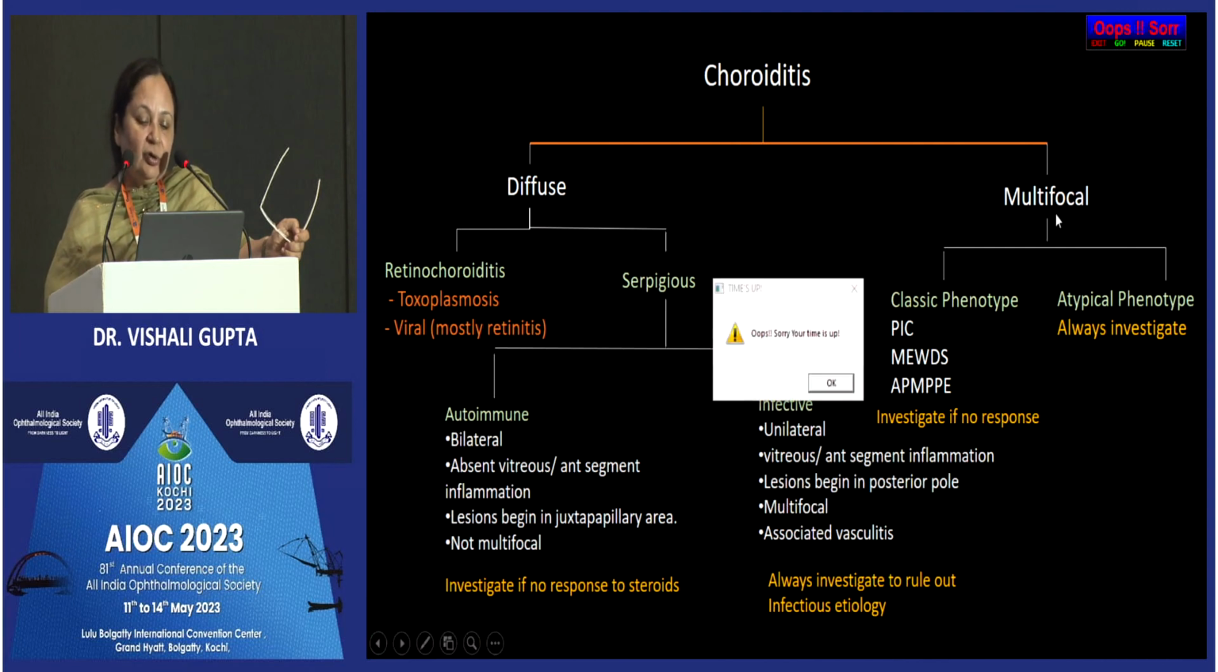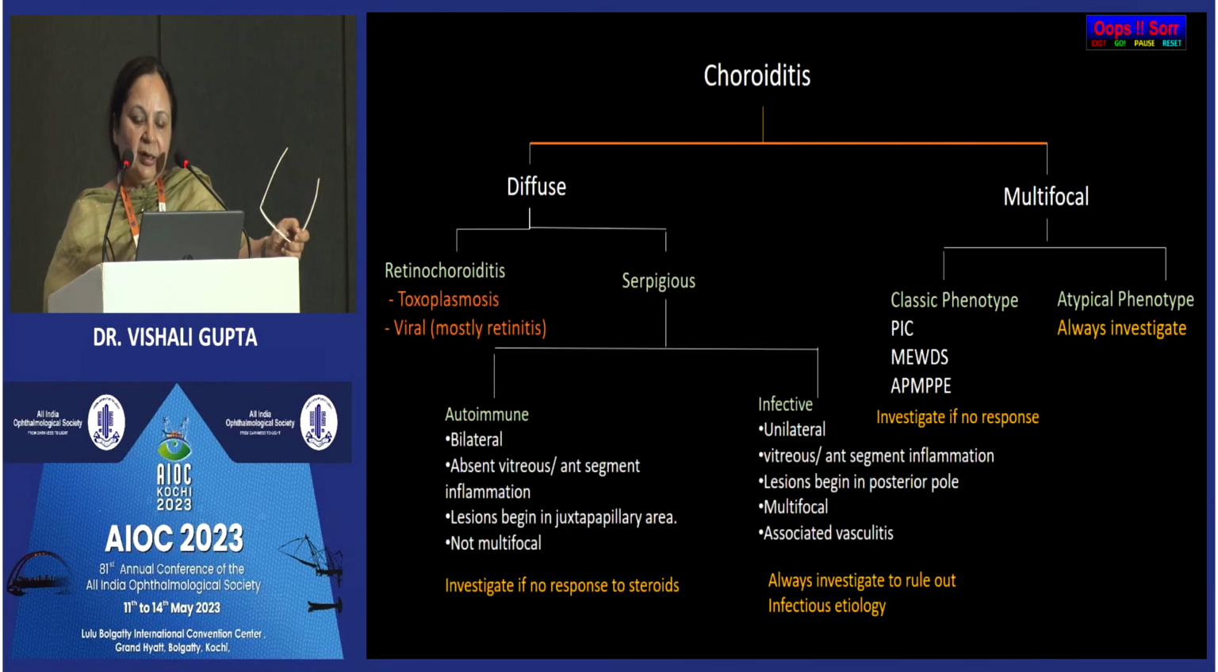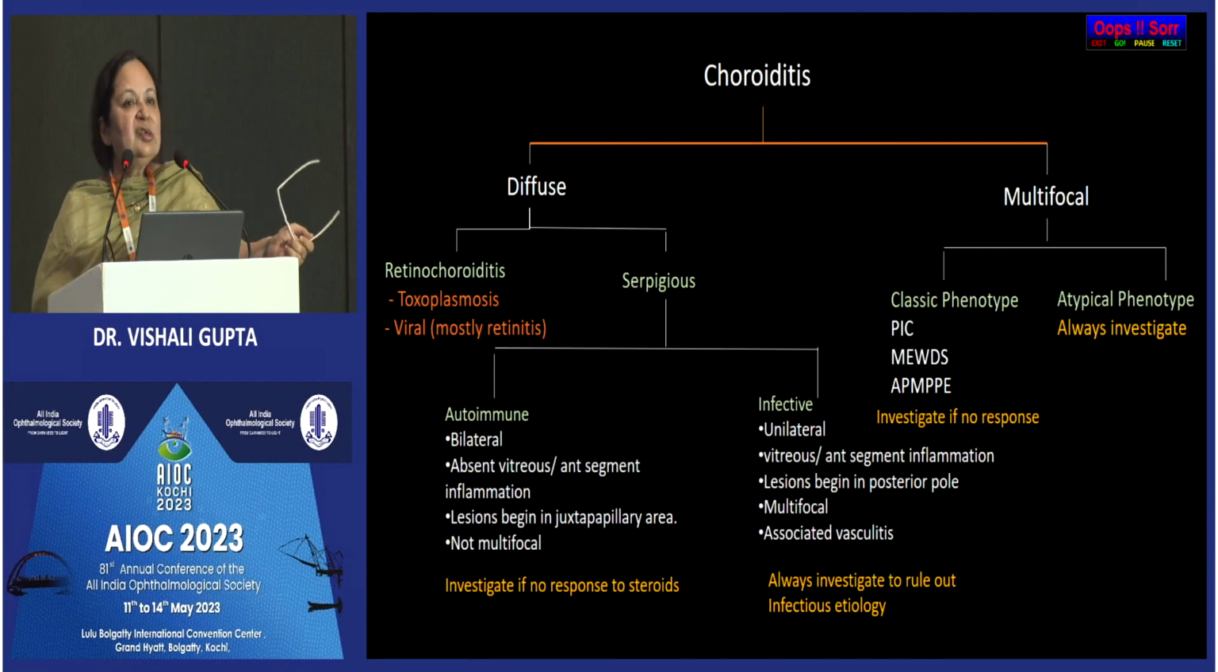If it is a multifocal choroiditis, again see, does it belong to a classical phenotype of MEWDS, AMPPE, PIC? If it is any one of those entities, there are no investigations in the first step, only if there is recurrence. Whereas if it is multifocal and has an atypical phenotype which you cannot fit into, always investigate to rule out the possible etiology. So these are the do's, and the don'ts are: don't start a therapy blindly without knowing the exact